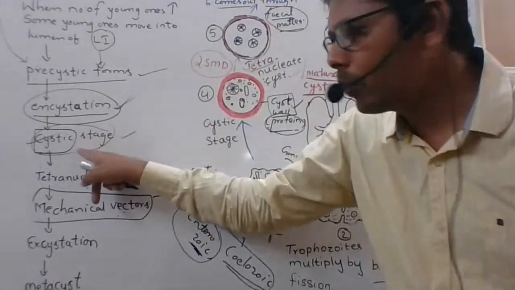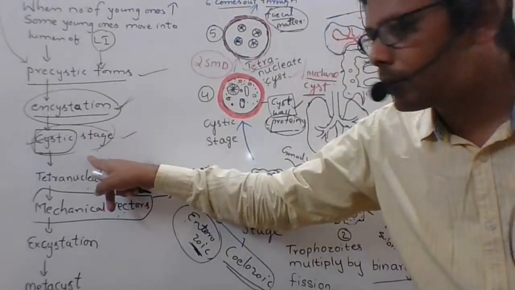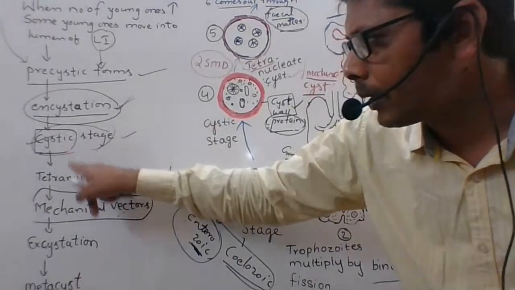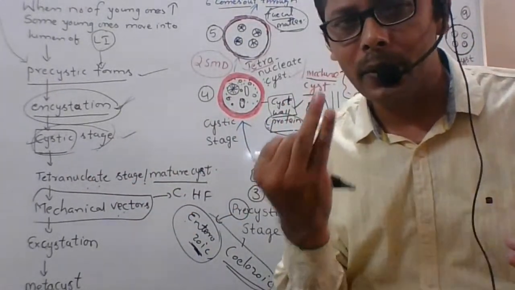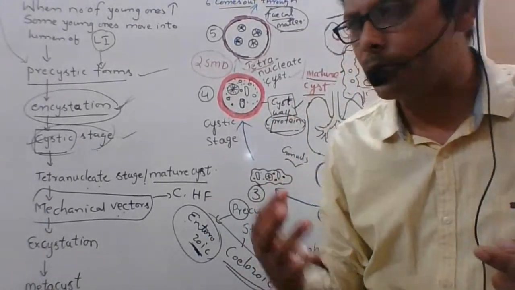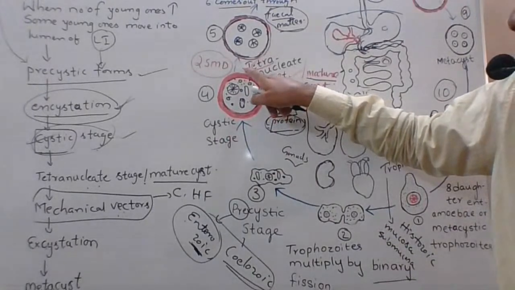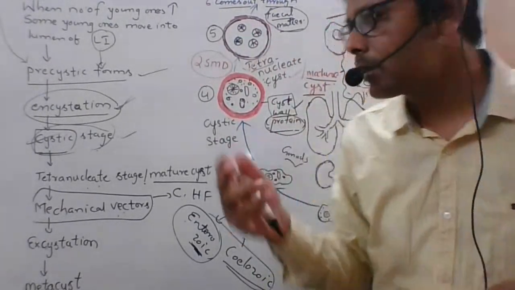Now the nucleus inside, after the formation of the cyst wall, undergoes two successive mitotic divisions. I told you Virat Kohli hit two successive centuries. Two successive mitotic divisions form four nuclei. This is called